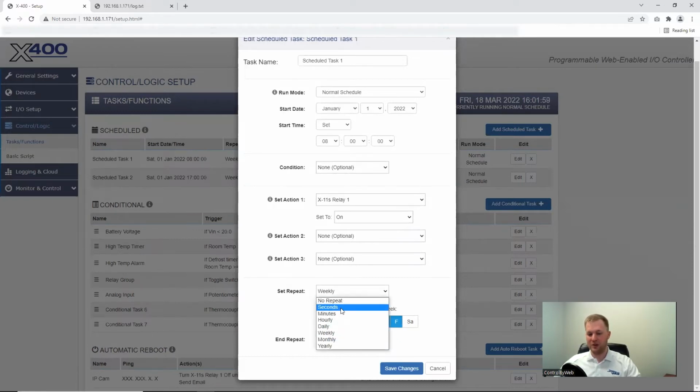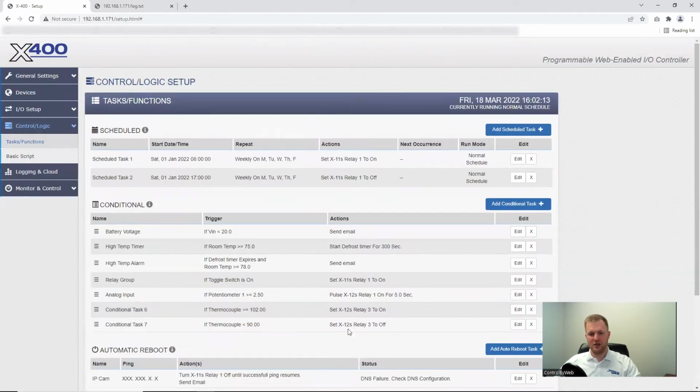So we can even get down to the seconds. So seconds all the way up to yearly. And then I can select the days or deselect them based on it. And I can have it continuous or have it on a specific date. And click Save Changes. And what's important to know when we're doing control logic is we always need to set a false